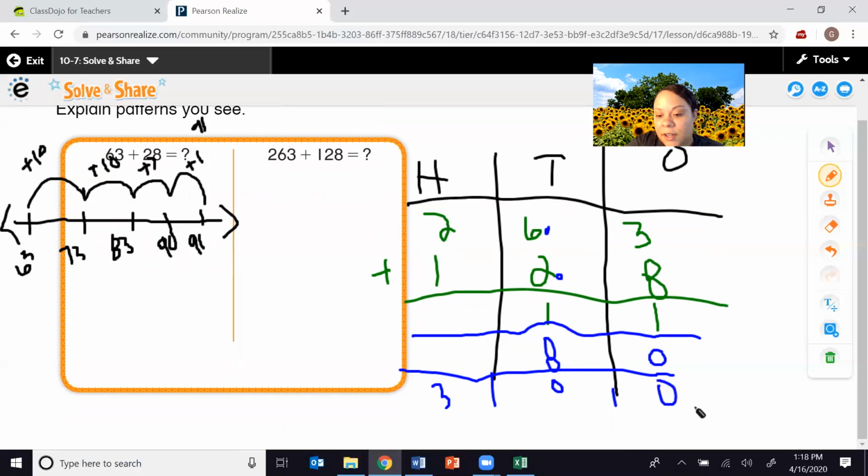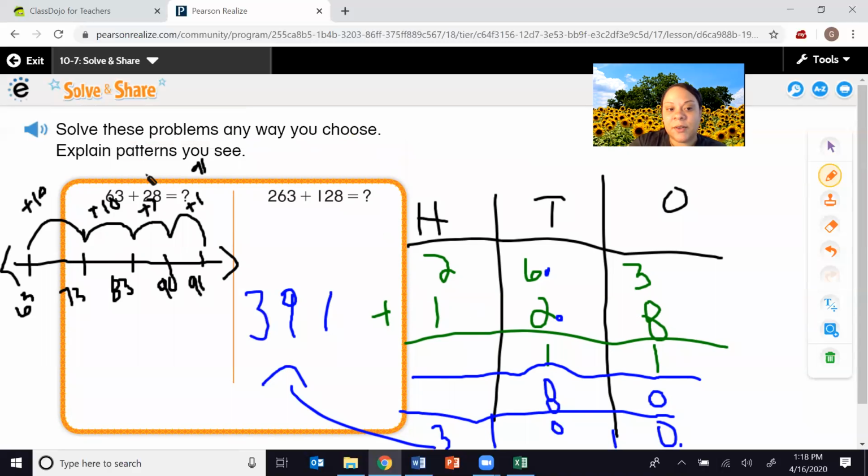Okay, so I know I don't have space, so I'm just going to write my answer over here. 1 plus 0 is 1. 1 plus 8 is 9, plus 0 is still 9. And then obviously it's just 3. 391. Do you guys notice anything that's the same with the answer we got here and the answer we got